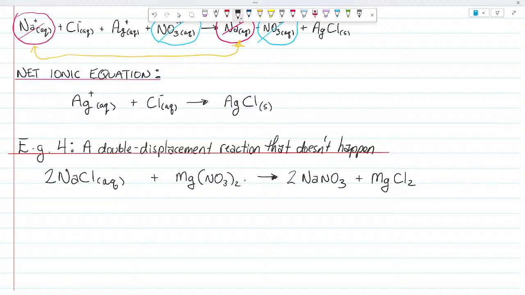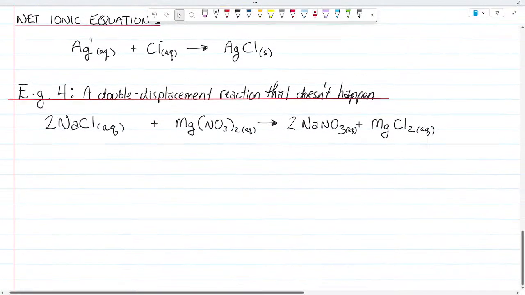And if you look up, you'll see that nitrates always dissolve in water, so that's got to be soluble. You'll see that chlorides are soluble unless it's a bunch of things, and magnesium is not one of them. So all of these are aqueous, right? Okay, so if we want to make this a total ionic equation,